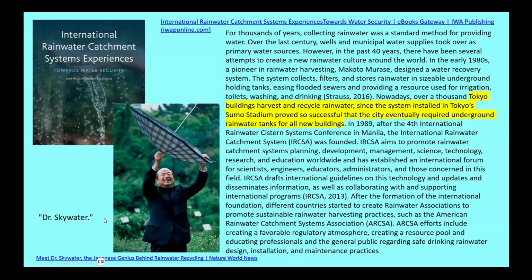This was Dr. Skywater. I went back. He proposed that new high-rise buildings in Tokyo be designed and built with rainwater collection systems. It's very difficult to do any sort of rainwater collection system once something is already constructed. We've had some people contact us about that, and we've encouraged them to reach out to the architects, to ARCSA,